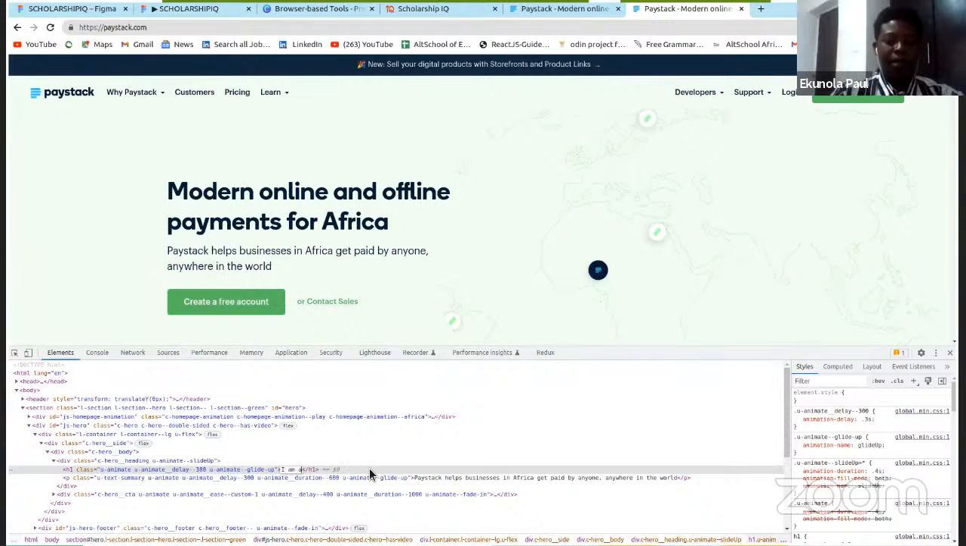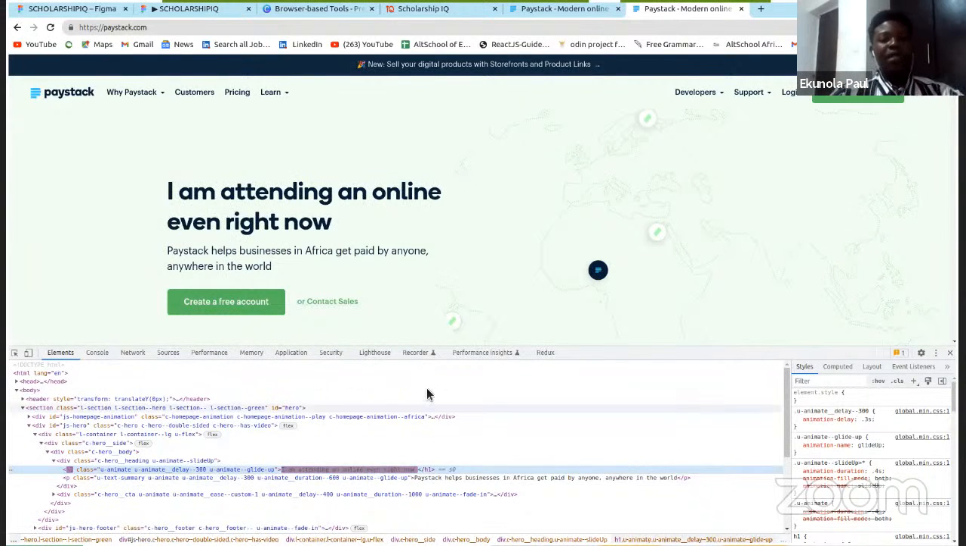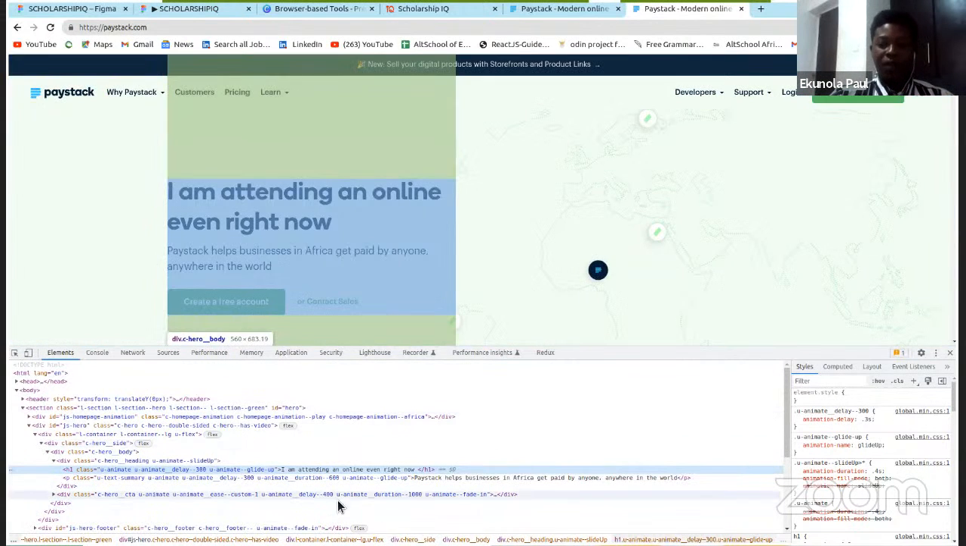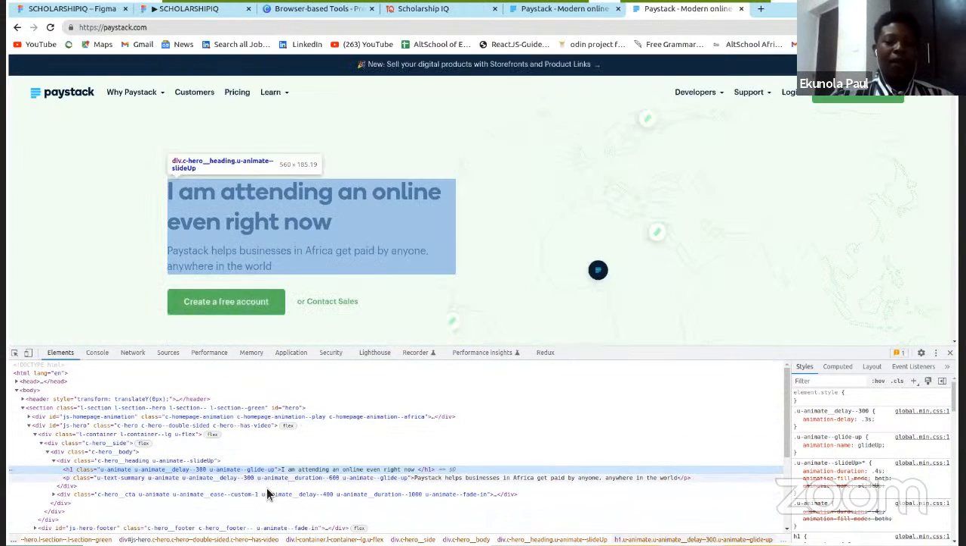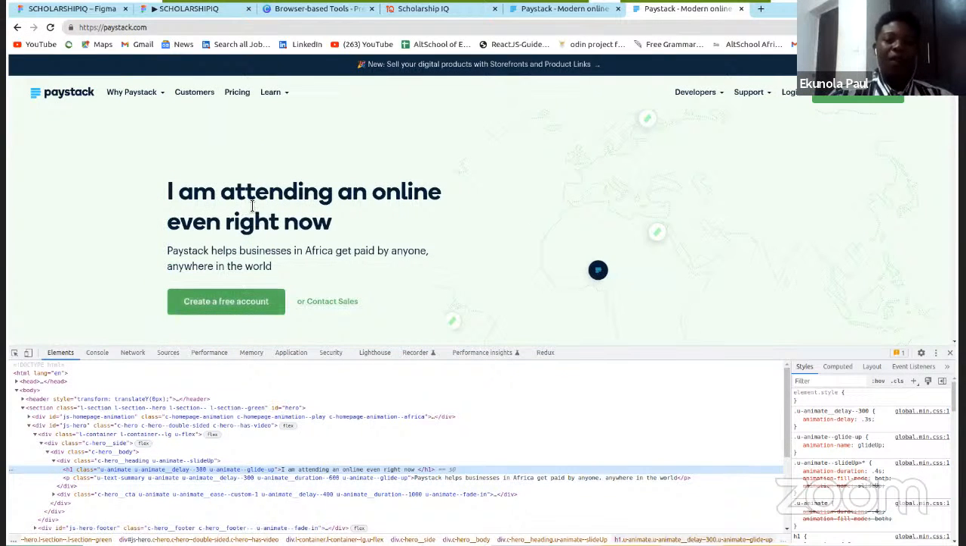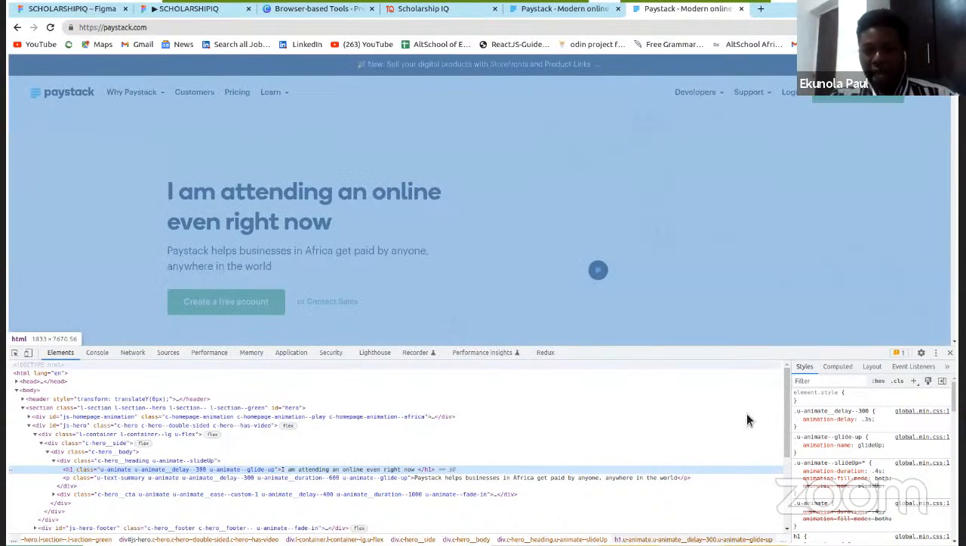And then you can put, I am attending an online event right now. So it allows you to manipulate and change the text of what you actually want, and then see how it looks. And then you can also monitor the HTML elements or the CSS styling. You can also improve on that and then increase. So for instance, I want to